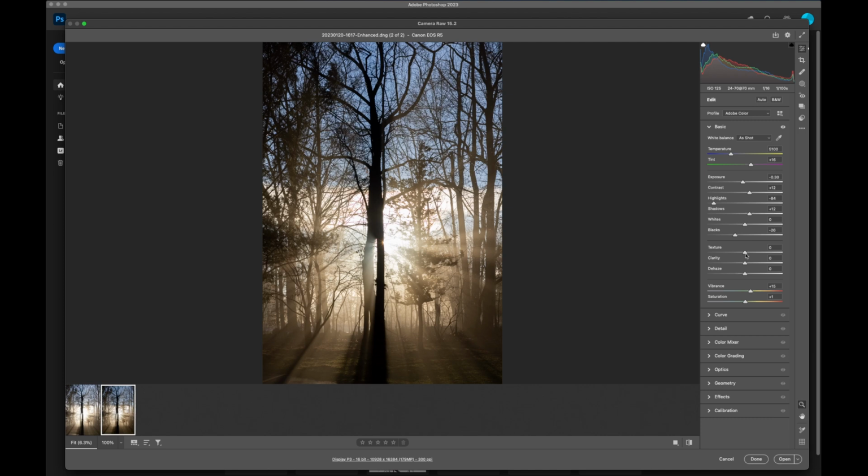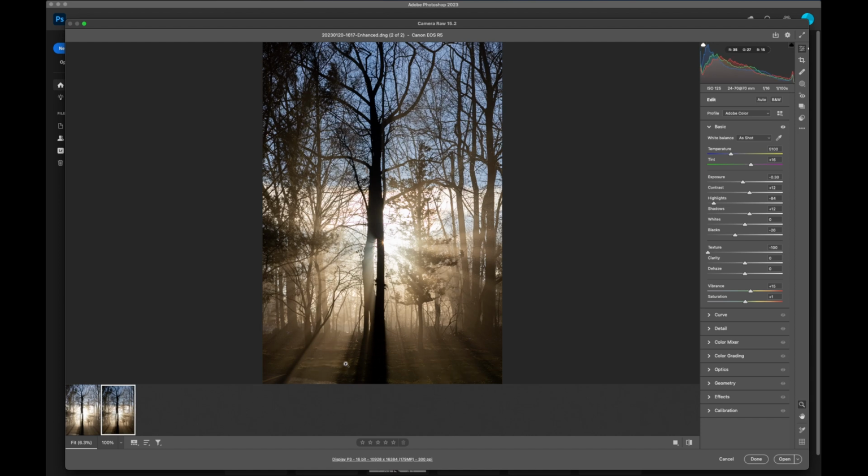Your texture will add some sharpening, and will take away some noise from your photo. Your clarity works on your midtones, and we'll rock some of these back and forth so you can see. And then your dehaze will take away some of that haze and kind of darken the edges of your image. As you can see with the texture slider, if we come all the way to the top, you can see a lot of texture in here, but if we drop it all the way down to the bottom, it really kind of muddies this up a little bit.